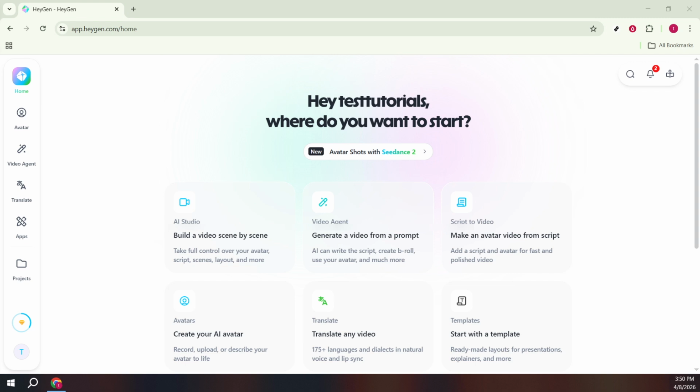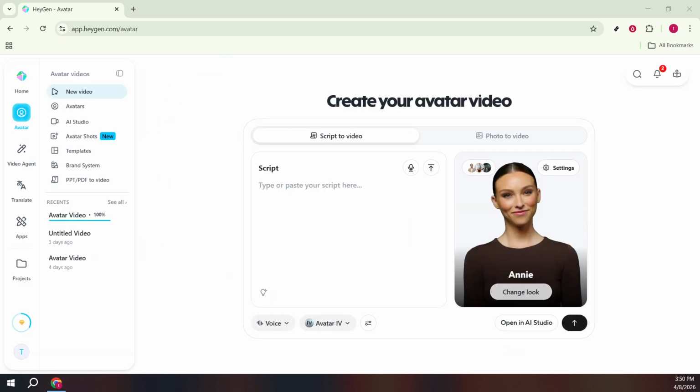First, head to the HeyGen homepage and land on your main dashboard. This is your starting point for managing projects and making quick edits. On the left-hand side, look for the Avatar section. Give that a click. This area organizes your avatar-driven videos and is a convenient place to jump into recent work